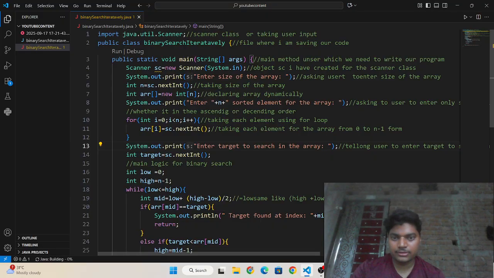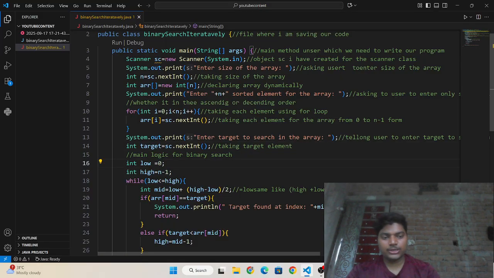Okay, taking the target element, which is already initialized.